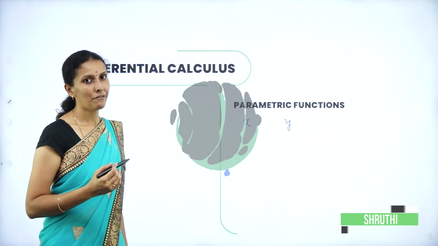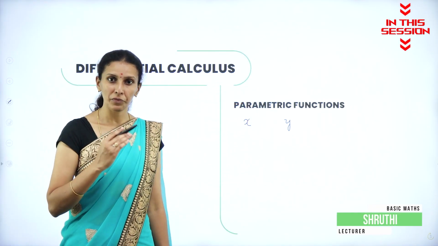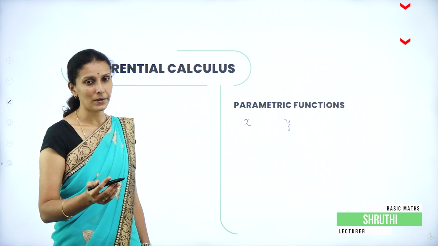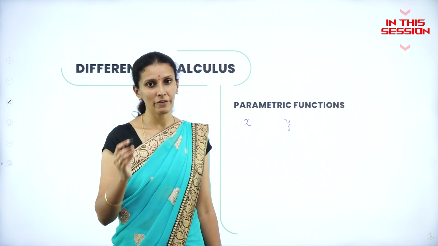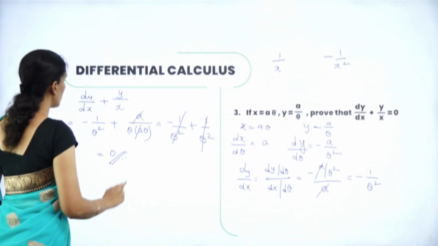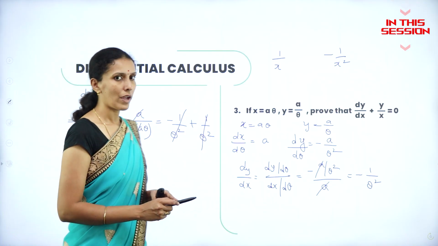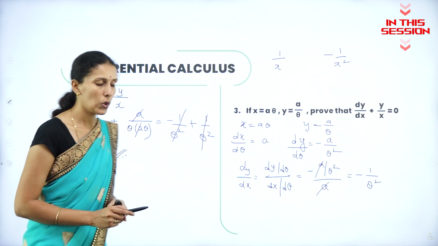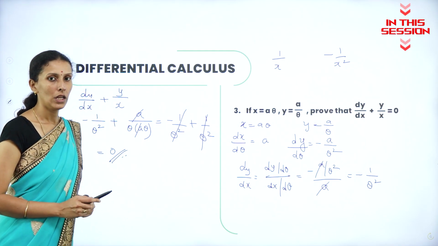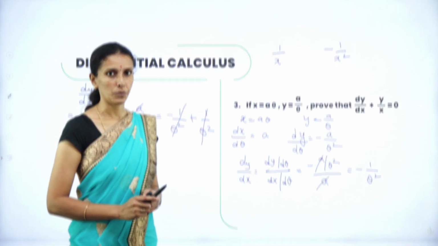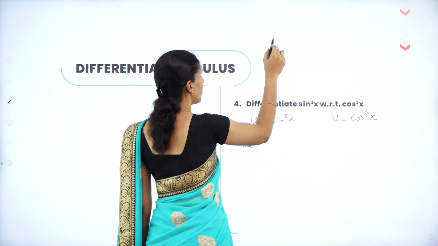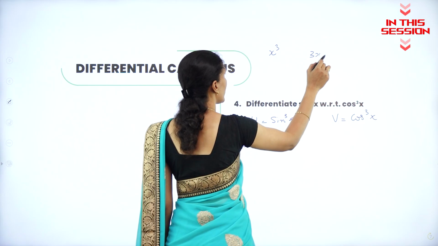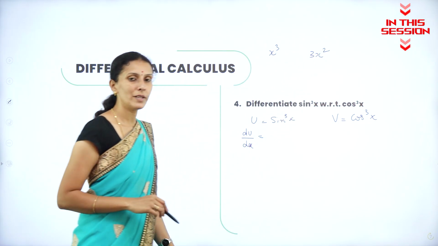So till here we have learnt about explicit function, that is y is expressed in terms of x completely, and implicit function where you have to derive both x and y individually. So when you add dy by dx plus y by x, the result must be 0. Hence we have shown the result will become 0. So sin cube x is in the form of x cube first. So if you have x cube, it is nothing but 3x square. So differentiation of x cube is 3x square.